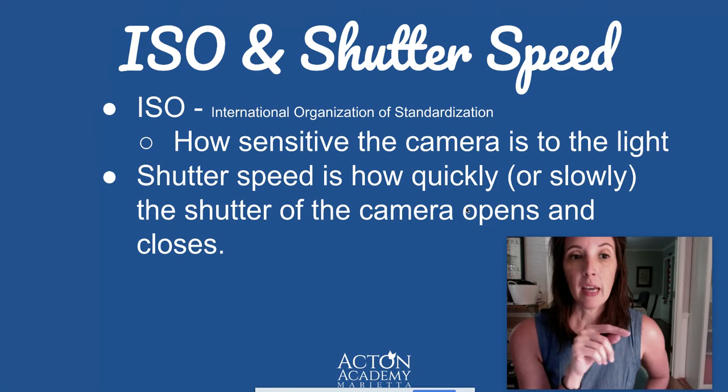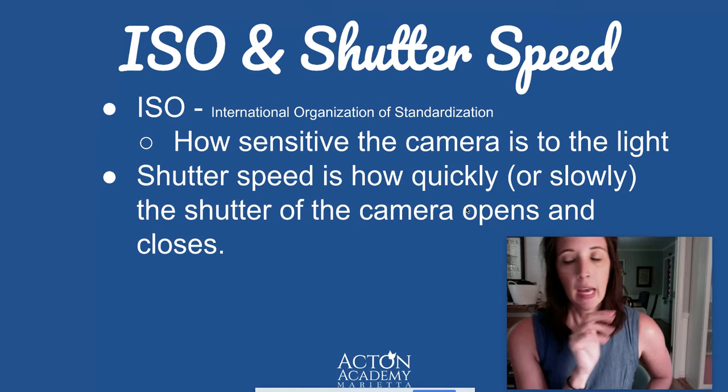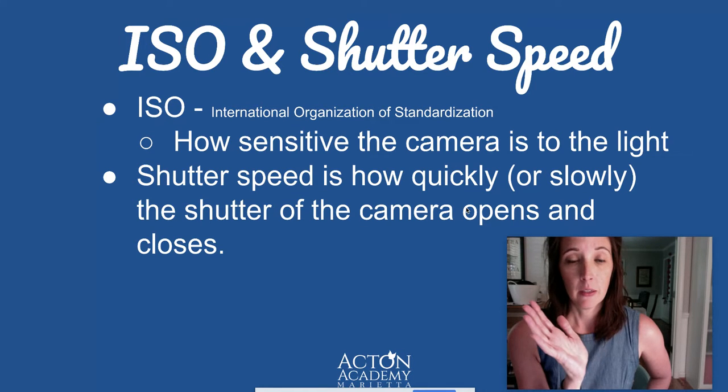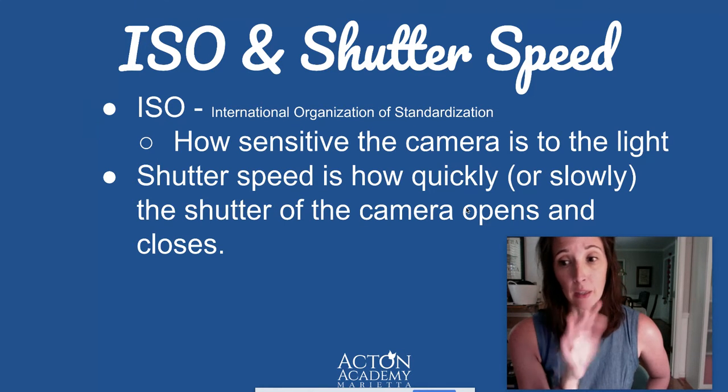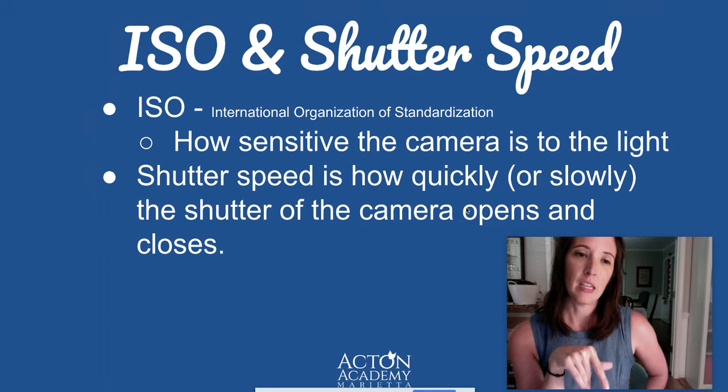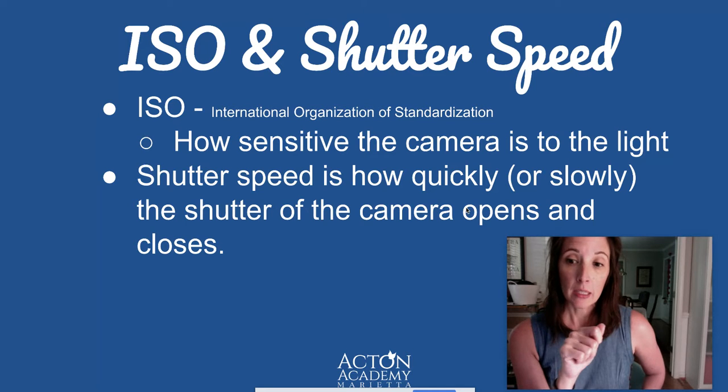So the first thing is ISO, which stands for International Organization for Standardization, which doesn't make any sense because it should be IOS instead of ISO, but there's a long story behind it. I don't fully understand it, but anyway, we don't have to understand the history. What ISO means is, it's a setting on your camera, and we can adjust it to tell your camera